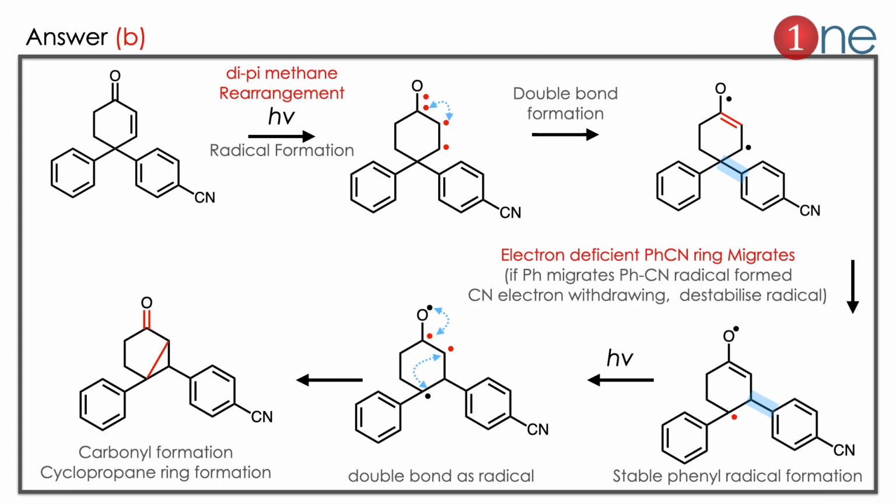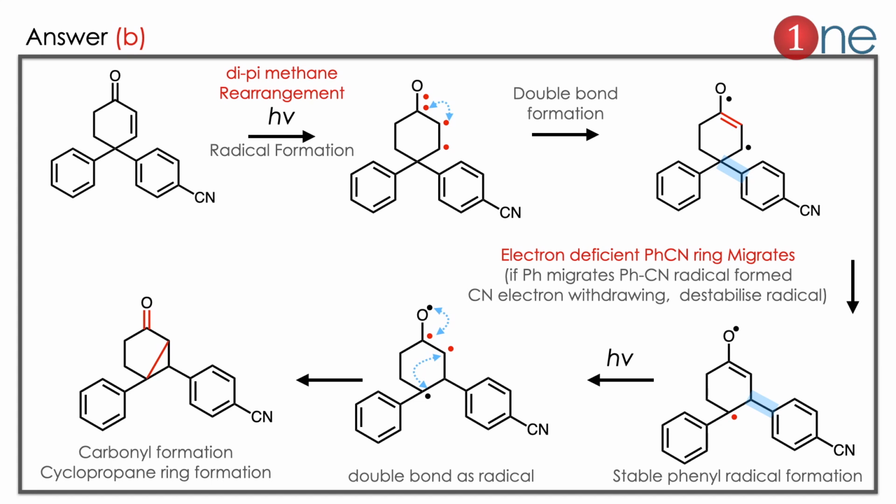The answer is B. Let us see how. The starting material is a conjugated ketone. You have cyanophenyl and phenyl groups. You are using light. So the double bonds are breaking open because light forms radicals. A double bond is formed between the carbons, so the diradicals are kept away. The diradicals started to move. If you know very correctly, this is called the di-pi-methane rearrangement. The diradical moves to the benzene. The benzene is the stable one.